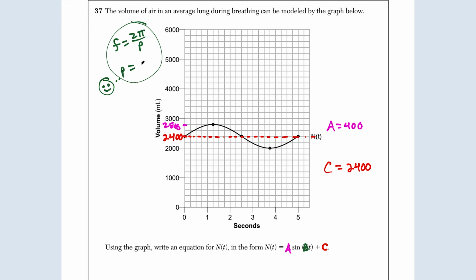And I could also say that p is equal to 2 pi divided by f. So sometimes I need the first equation and sometimes I need the second equation. They're both very helpful. So looking at this situation here, we have to know what is the period of the